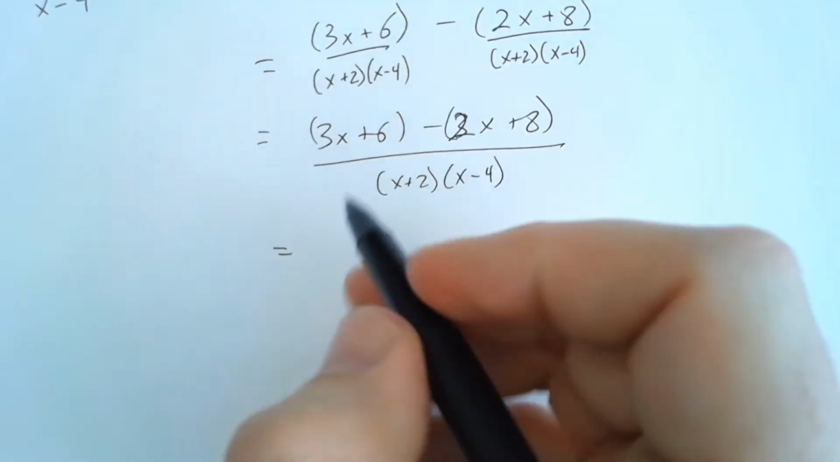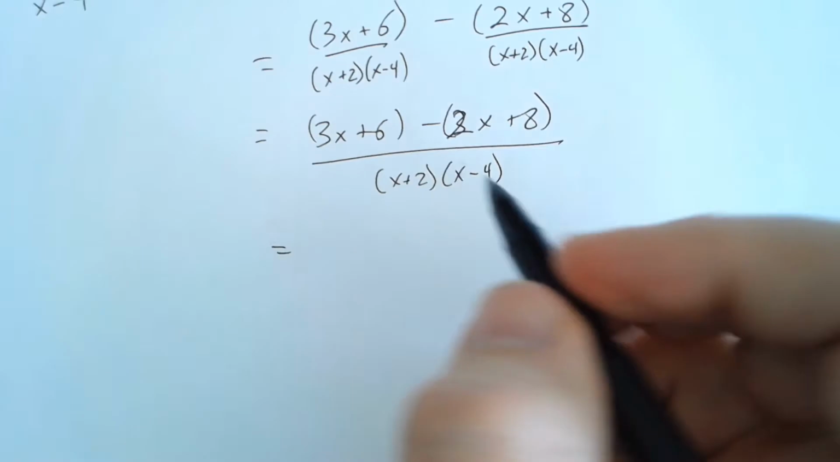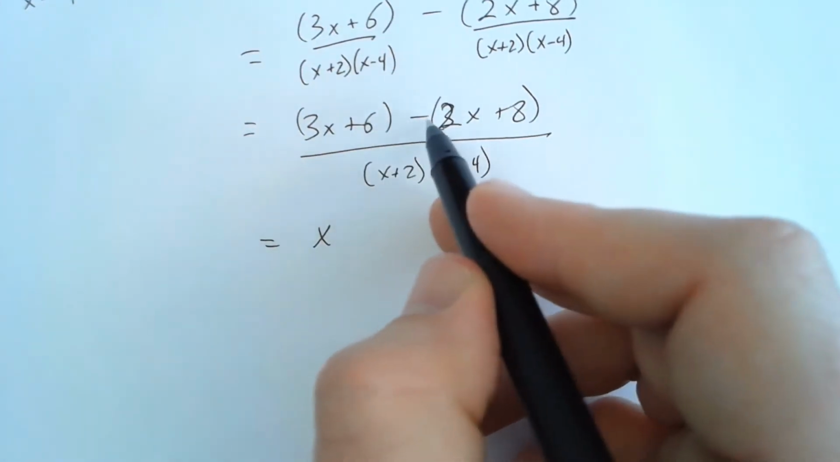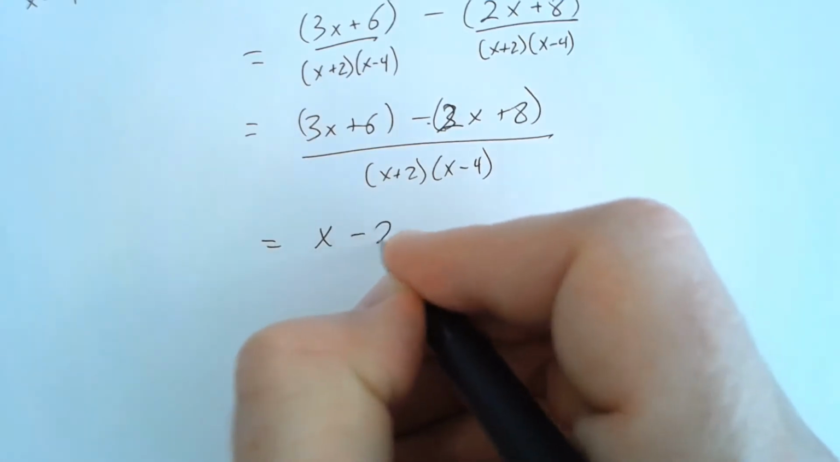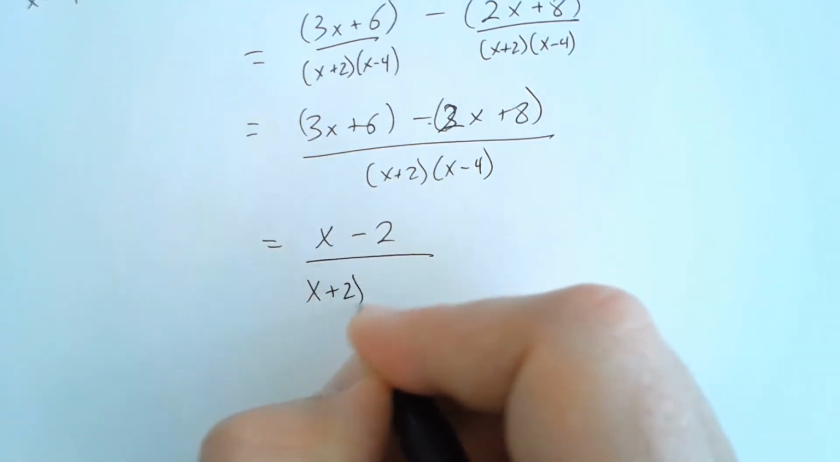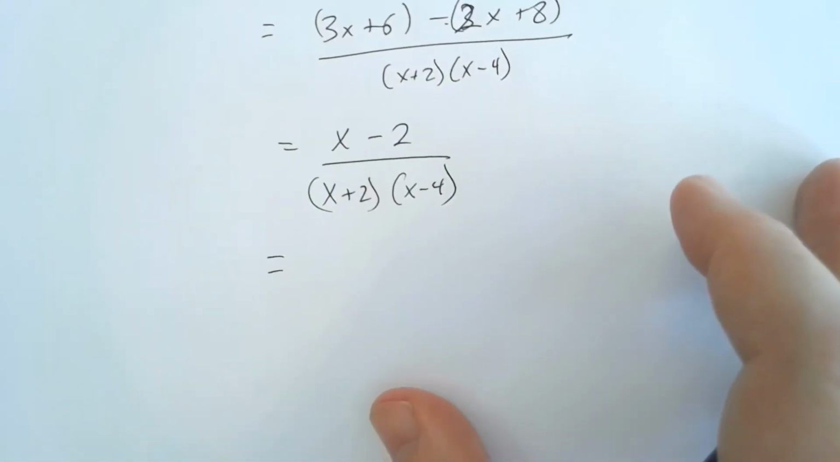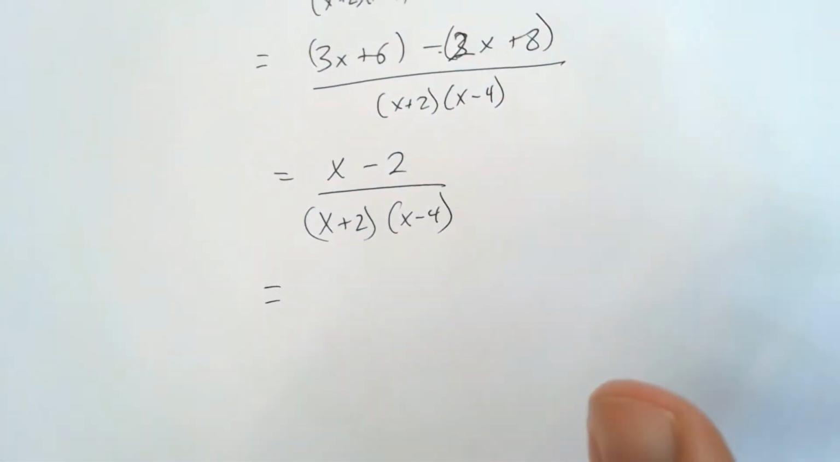When I simplify the top, I'm going to go ahead and distribute that negative and then combine like terms. So I'm going to have 1x, 3x minus 2x, and then 6 minus 8 is going to be minus 2. So that is the top of that particular fraction. And on the bottom, if I were to FOIL this whole thing out, I would end up with something along the lines of,